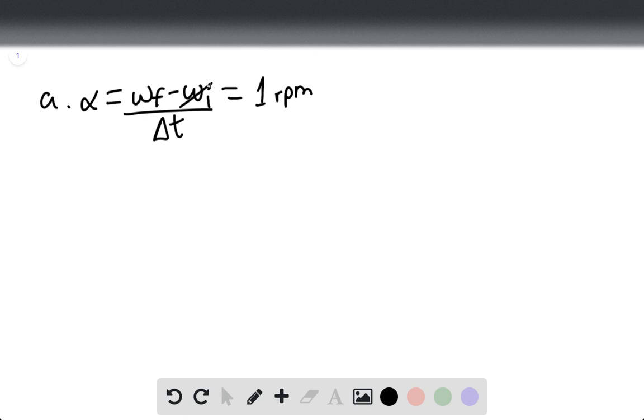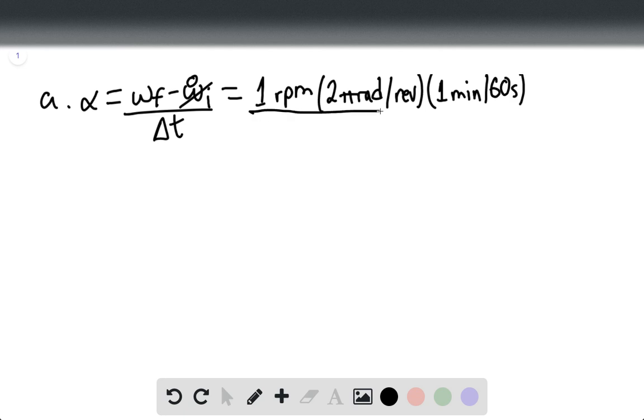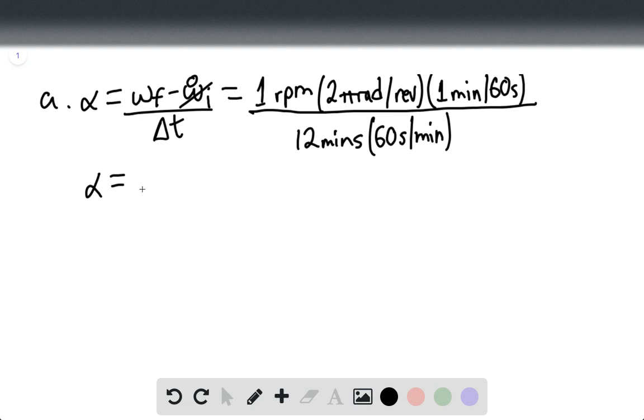We do know that the initial angular velocity is 0, so we can say omega final, or 1 revolution per minute times 2 pi radians per every 1 revolution. And then we'll multiply 1 minute for every 60 seconds. And then we'll divide this by the time in seconds, 12 minutes, times 60 seconds for every 1 minute. And we are getting that alpha, the angular acceleration, will be equal to 1.45 times 10 to the negative 4th